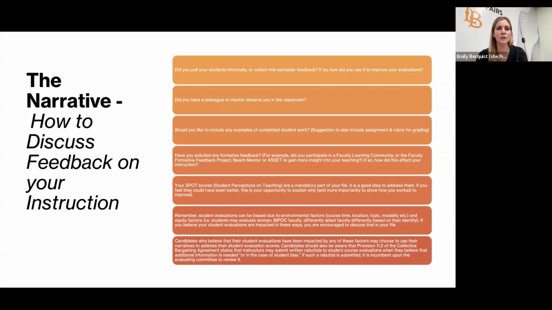To help the instructor, the department chair, maybe even the dean think about what to do next, or whether there were other structural issues or challenges in the class. So even though they're most people's least favorite part of the RTP file, the student evaluations cannot be taken out of it entirely. So what are some tips for how you might want to discuss the feedback you received on